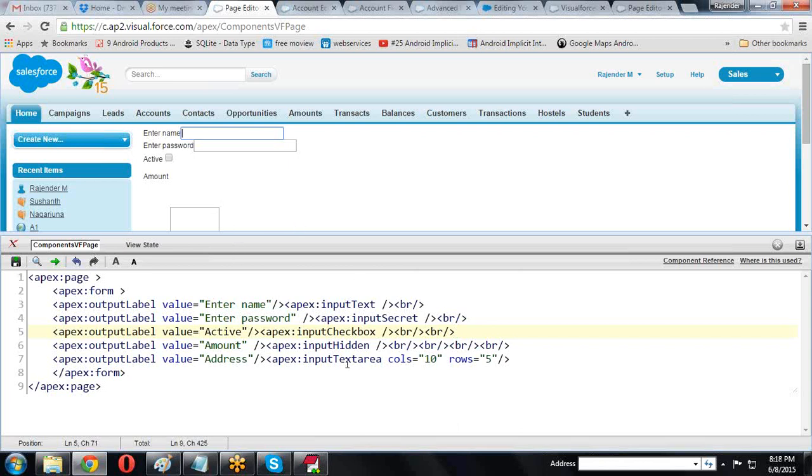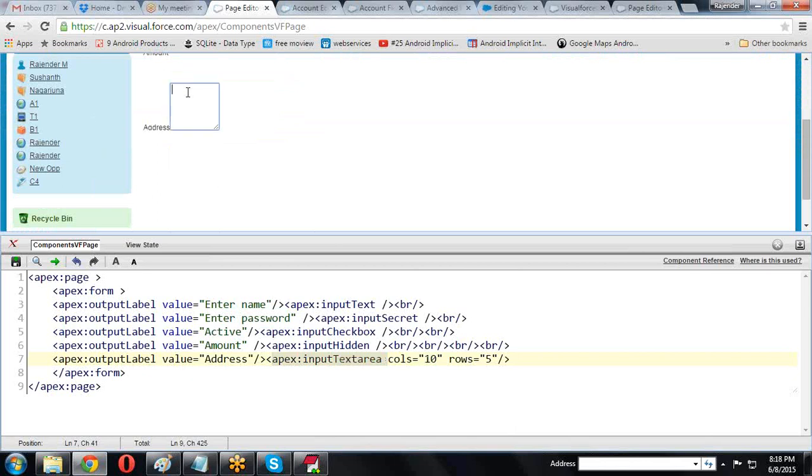And if you want to create a text area, we create the text area, which allows multiple lines. If I provide rows as 5, that's the reason it allows 5 lines. Whenever you enter more than 5 lines, it arranges scrolling like this. This is nothing but the text area we are creating. Clear?